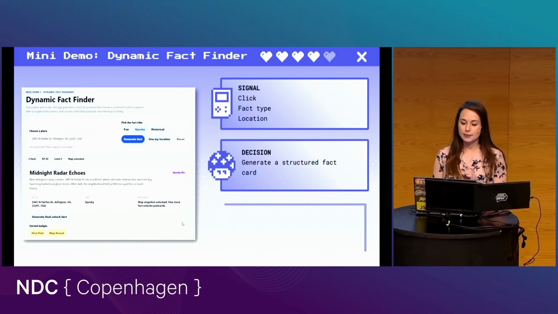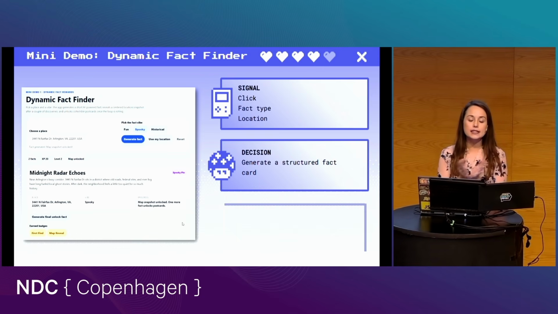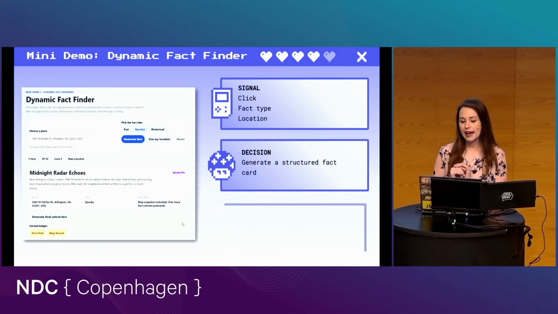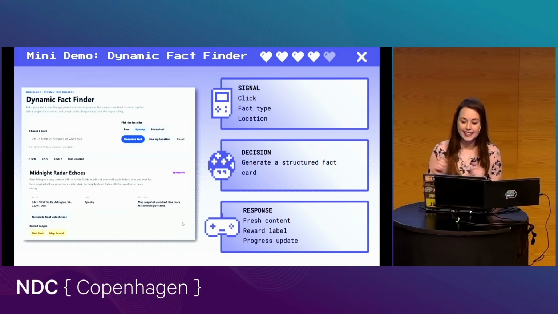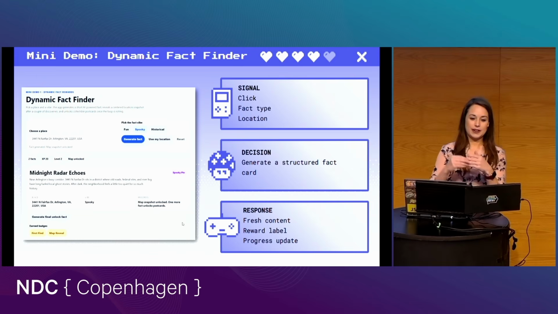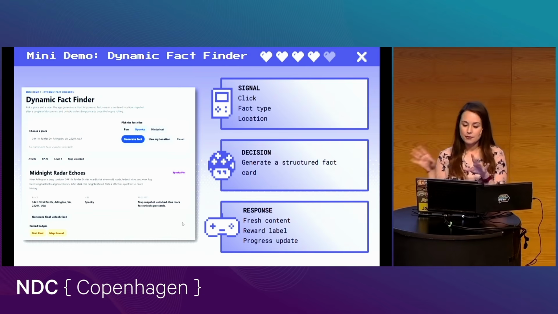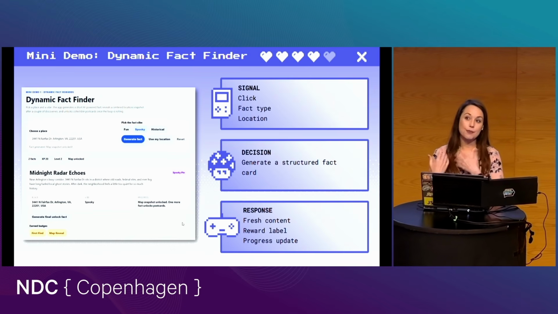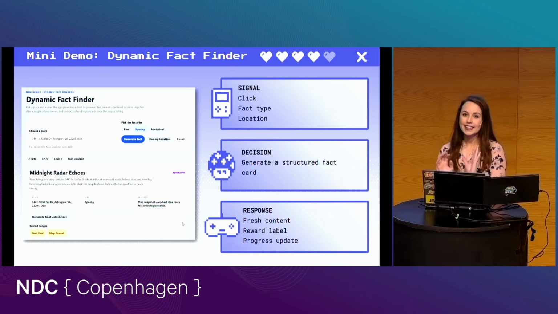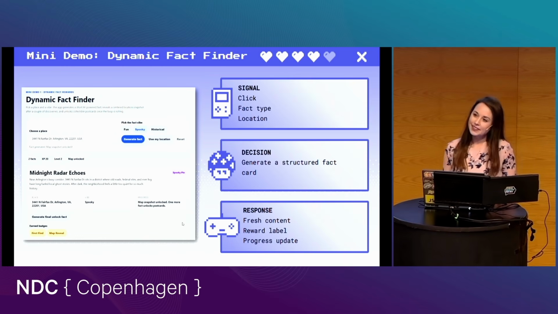Then AI does the actual decision making. It's going to generate that fact for you about that place. And just a heads up, after each one of these demos, I'll be saying what pieces, like libraries and SDKs and various things, we're using to build each one of these. But I will go ahead and tell you right now that I've used OpenAI for this first one. And then we have response. This obviously is the payoff, where you get to see the fresh content. There are going to be little gamified elements of rewards in there too, and of course we'll be able to see our progress as well. As we generate more facts, there are going to be things that pop up that allow us to see the experience grow. So let's check it out.